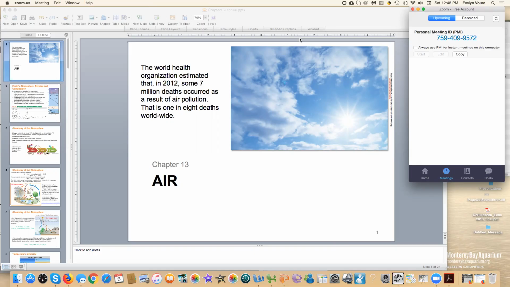So when we're looking at here, we're going to spend quite a bit of time going over the different types of pollution, and hopefully you'll sort those out. But you can see that this is quite serious, and so 7 million deaths occur as a result of air pollution. So that's 1 in 8 deaths worldwide, and that was back in 2012, right? So it keeps getting worse. Now, in our part of the world, there are deaths that occur because of air pollution, but clearly not as many as in other parts of the world. So this sort of talks about the whole population. Okay, so let's get going with this.